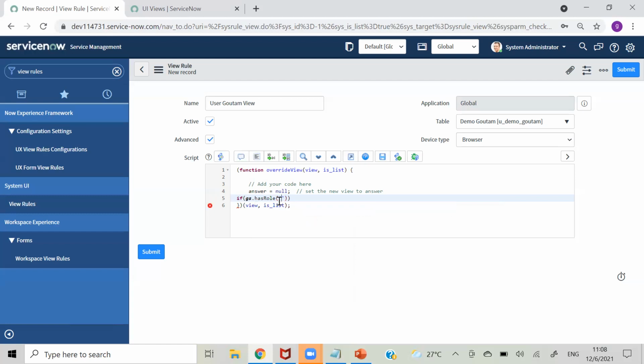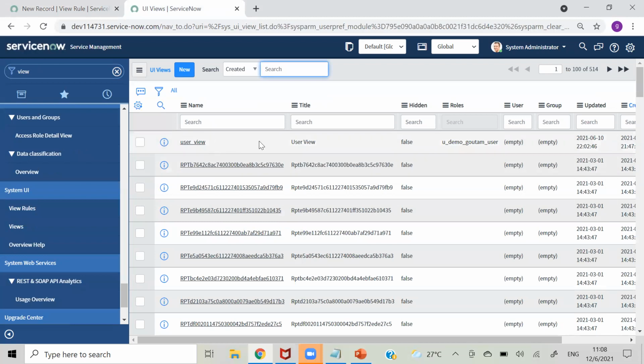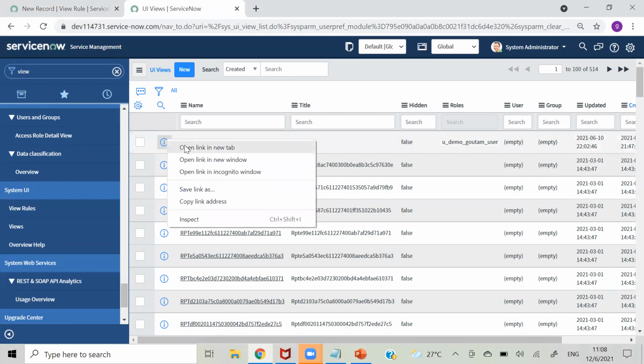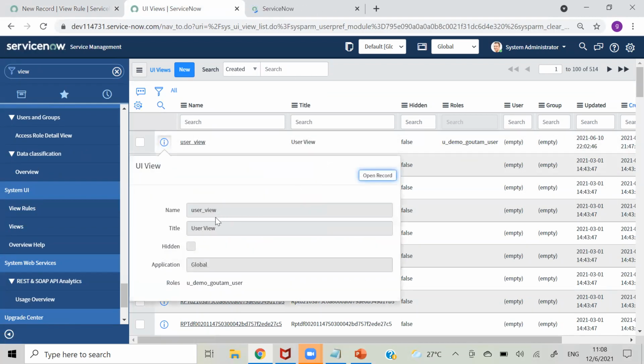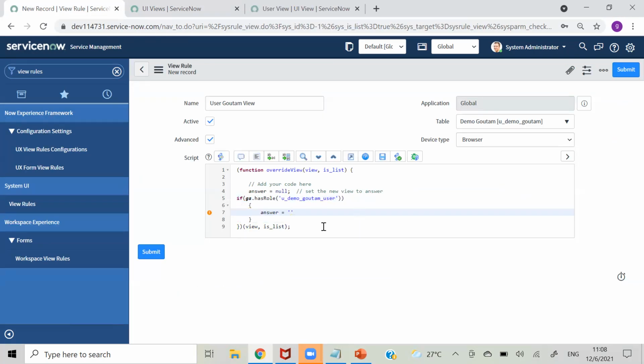And this we had a role, u underscore demo underscore Gautam underscore user. If then answer is equal to our view name. So what is the view name? User underscore view.